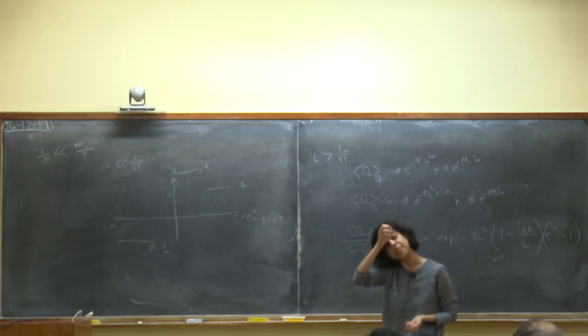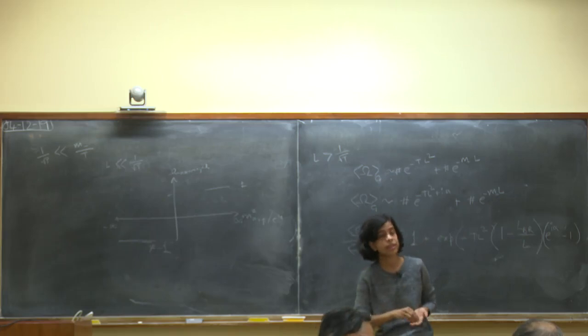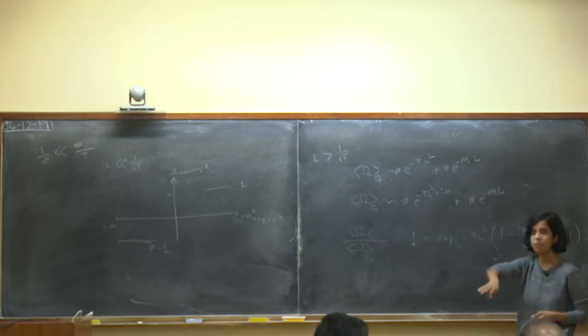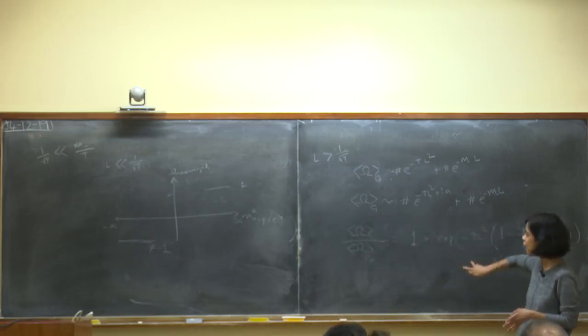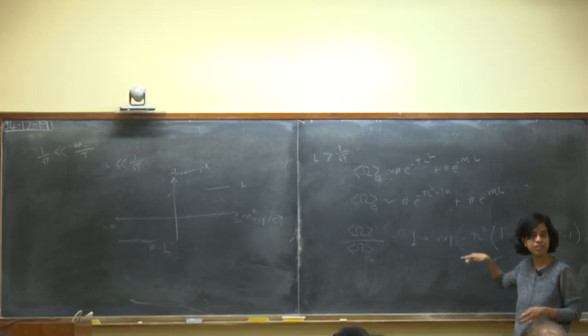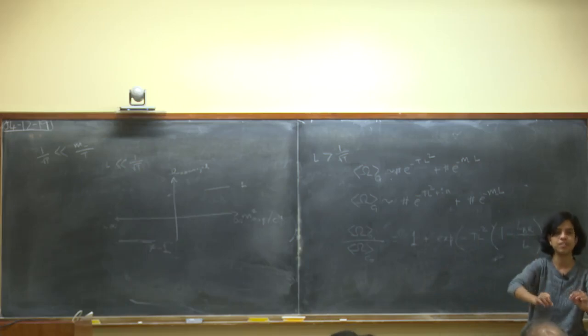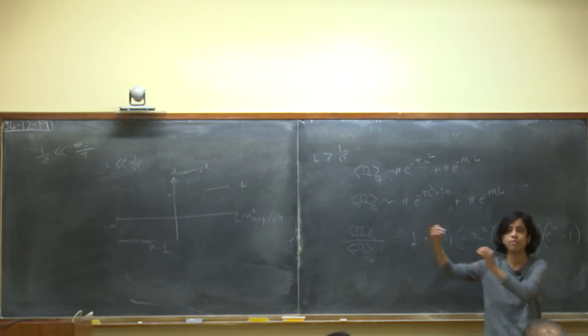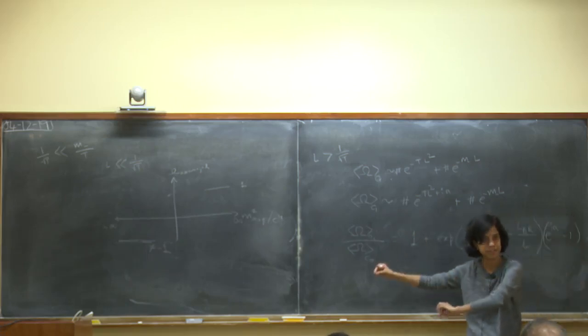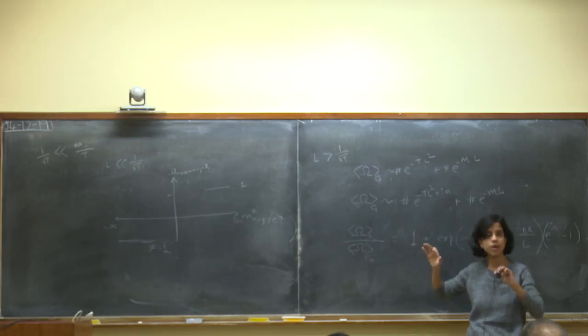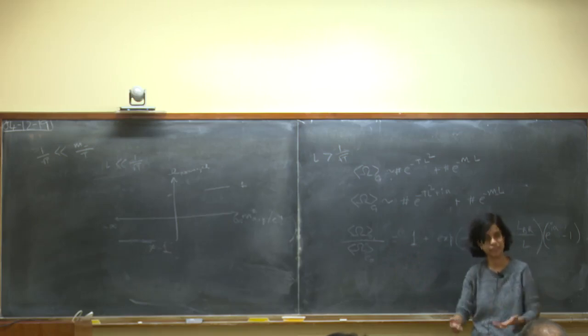So what's the statement that's not true? Abhijit wants to understand how I can use this information directly. So, I have these loops, I get something topological that doesn't depend on the size of the loop, plus corrections that are exponentially suppressed in the size of the loop. How do I take that information and then conclude from there that there is a phase transition?